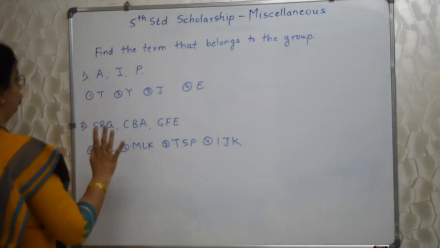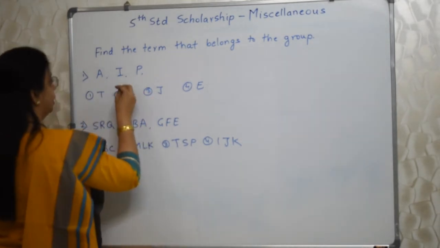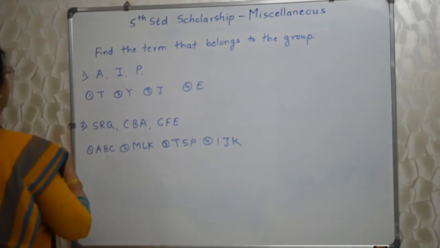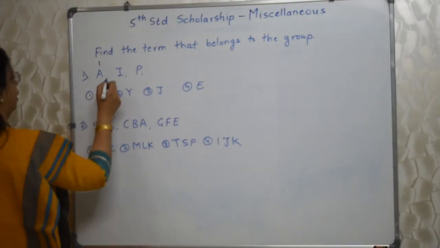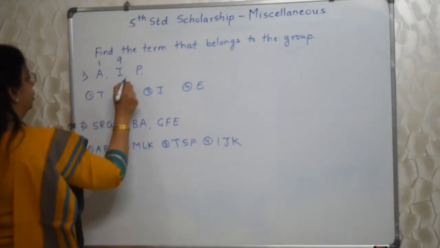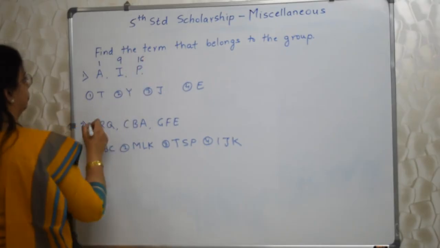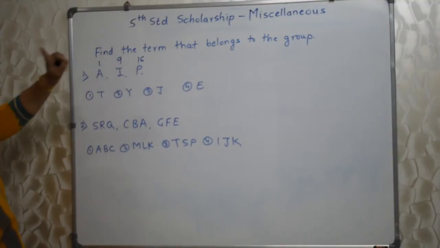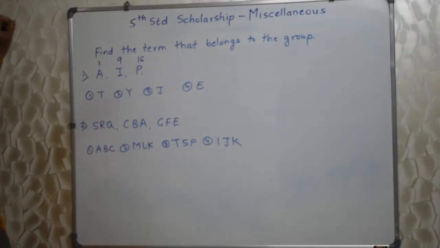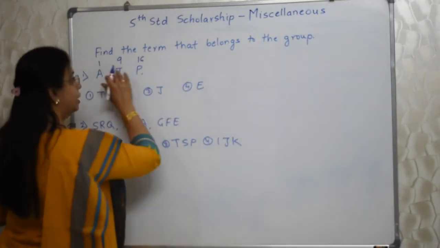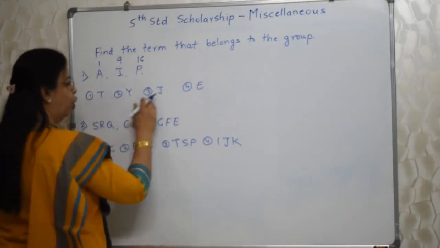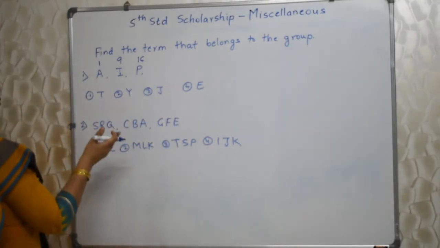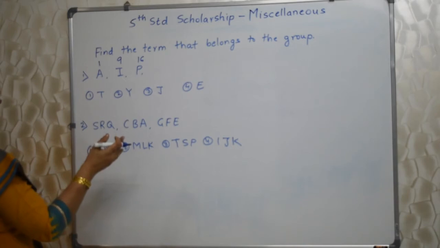See, mostly I have told you whenever they give you letters, first give their serial numbers. So this is 1, A is 1, this is 9, P is 16. Immediately students will understand looking at this. 1, 9, 16. They are, yes, square numbers. Okay. So from the option, so this is a group of square numbers. So from the option we need to find out the letter which has a serial number equivalent to or equal to